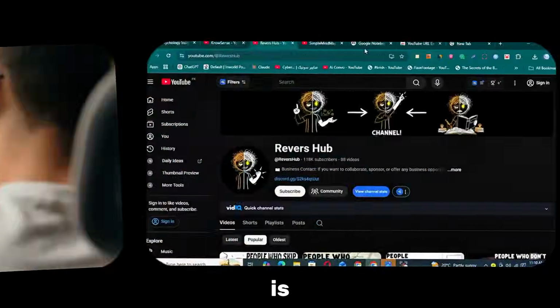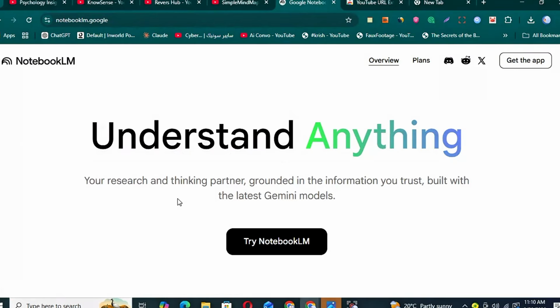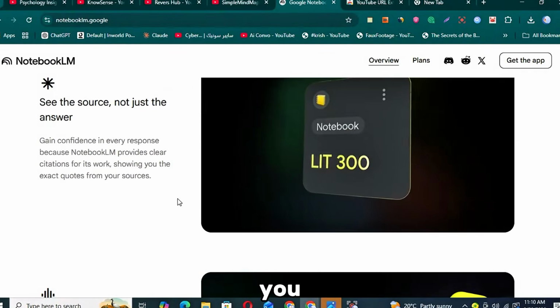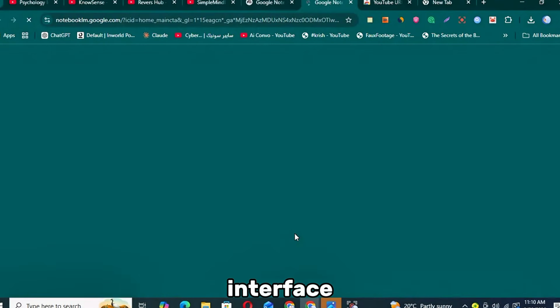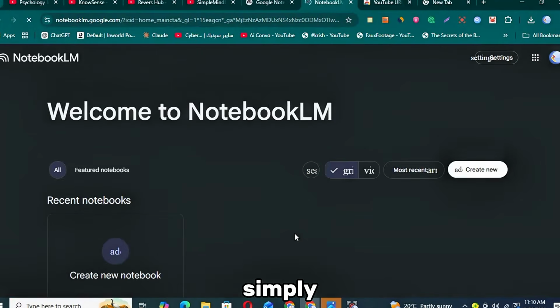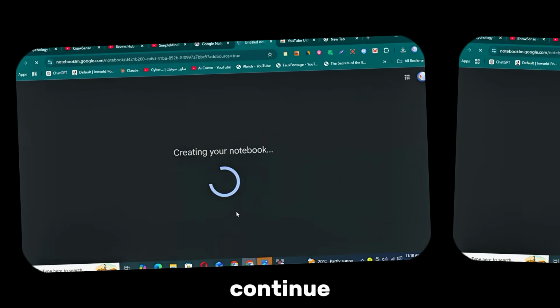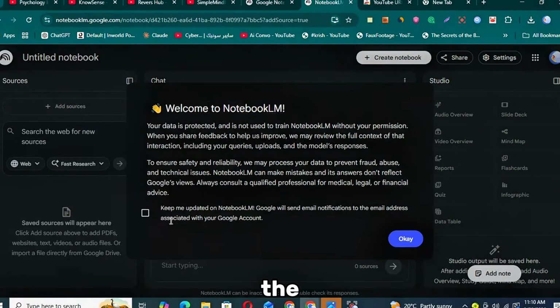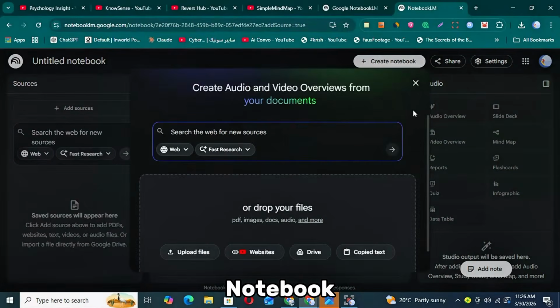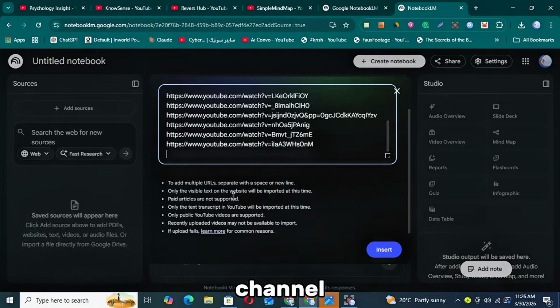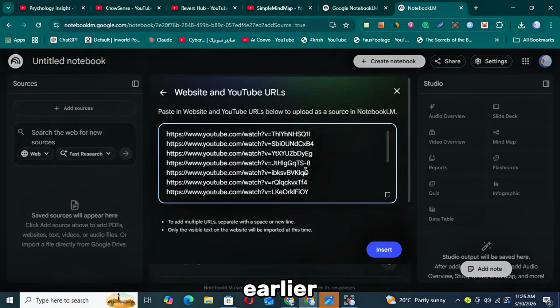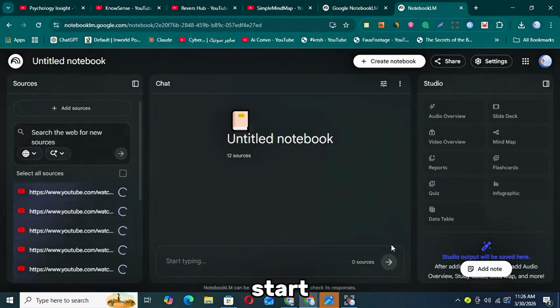Now the next step is where everything starts coming together. You need to go to NotebookLM, and once you are there, click on Try NotebookLM. After that, you will see an interface appear on your screen. Simply accept the terms and conditions and continue. Once you are inside, go to the top corner and click on Create Notebook. A new panel will open, and here you need to select the option for adding a website or YouTube link. This is where you paste the channel or video URLs that you copied earlier. After pasting them, click on Insert, and within a few seconds, the system will start pulling in all the data